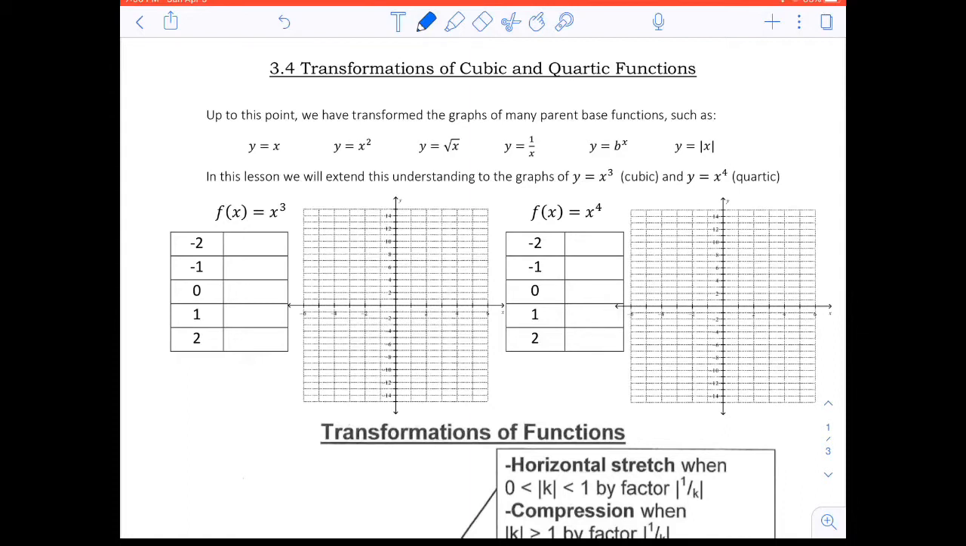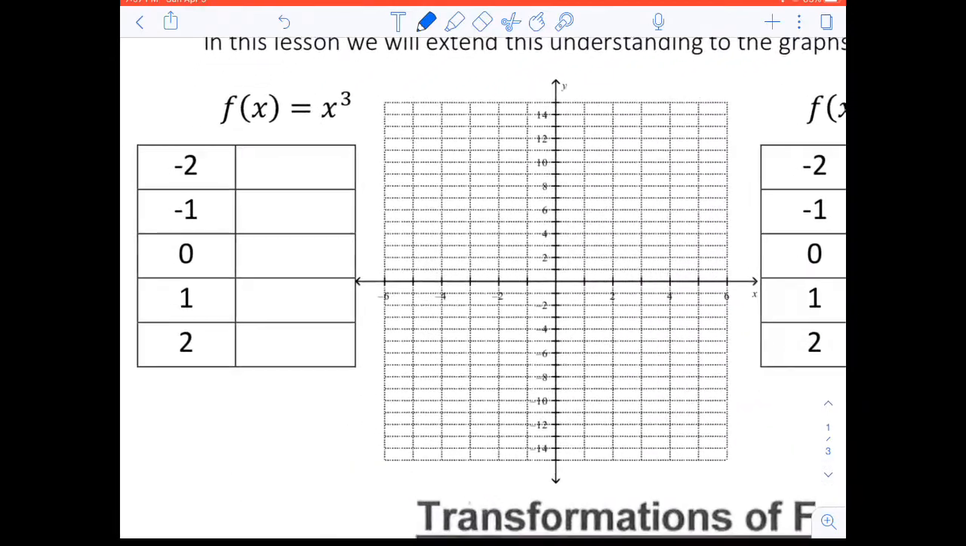If you remember our transformations from before, we had a, k, d, and c. So we're going to transform those functions based on a, k, d, and c, and they still apply the same way. Currently, we've transformed linear functions, quadratic, root functions, reciprocal, exponential, and absolute value functions in grade 11 and grade 12 now. And what we're going to do is transform these here and show that these rules